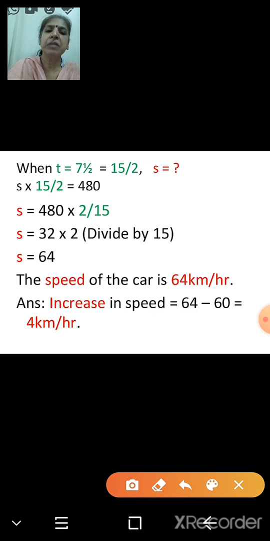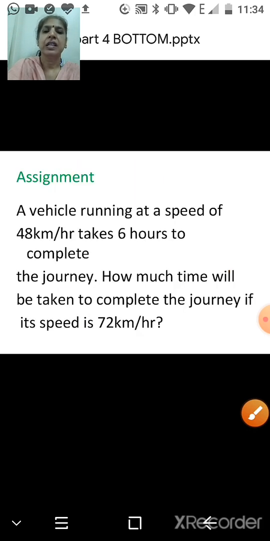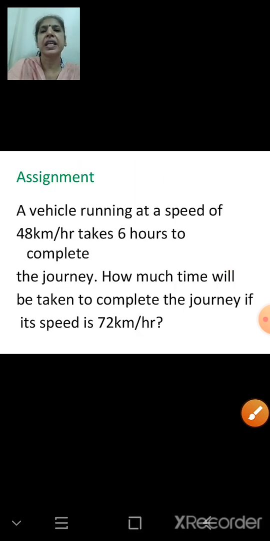So here in this sum also, what have we done? Write the values, write the variables taken, find the variation, find the K, form the equation and solve, and write the answer in a statement as they have asked. So here we have finished exercise 7.3.